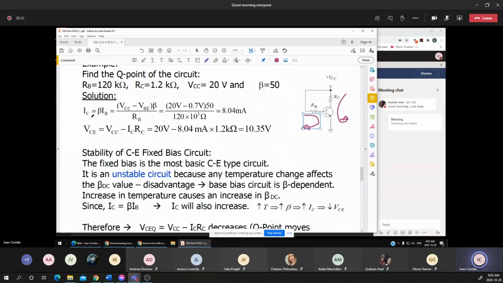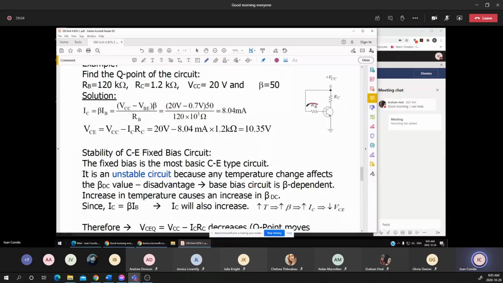To determine the IC, it is beta times IB. But we know that to determine the IB, it is the VCC minus the VBE, that's the voltage between the base and the emitter, divided by the RB. And making the calculations, we determine that the IC is equal to 8.404